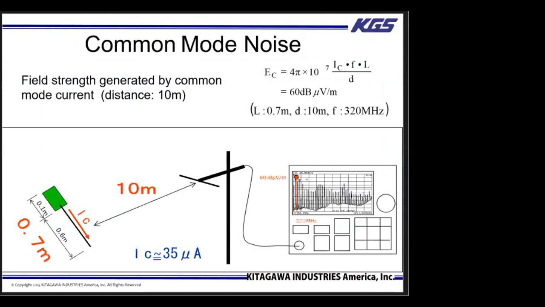So this is an example of an actual test that we ran. When using the above equation and working backwards, you can see that even a small amount of power, in this example 35 microampere, can cause a device to fail more than 5 times the Class A limit for CISPR. So if a simple device like this can fail, a more complex device has a higher chance of failing.